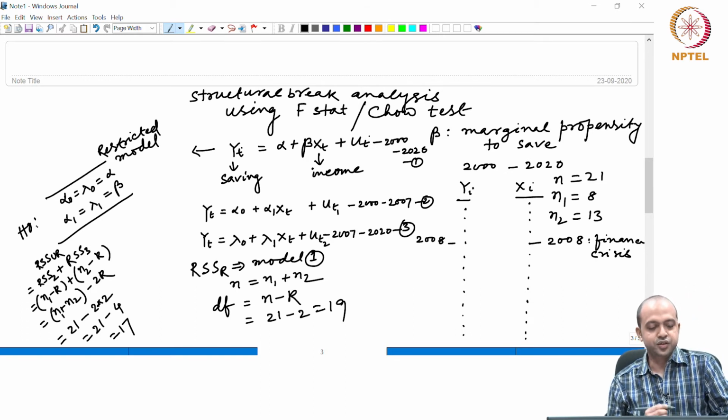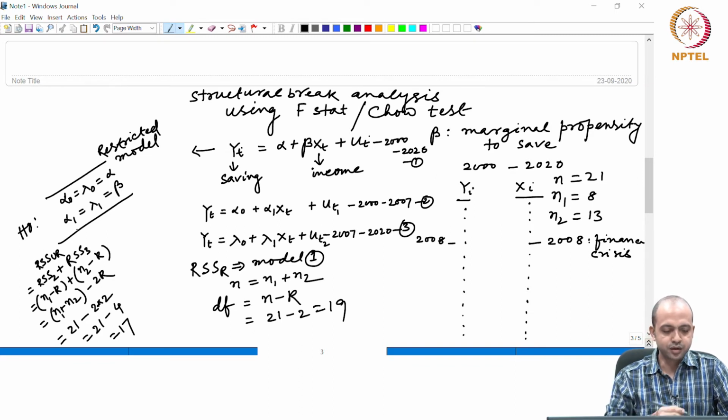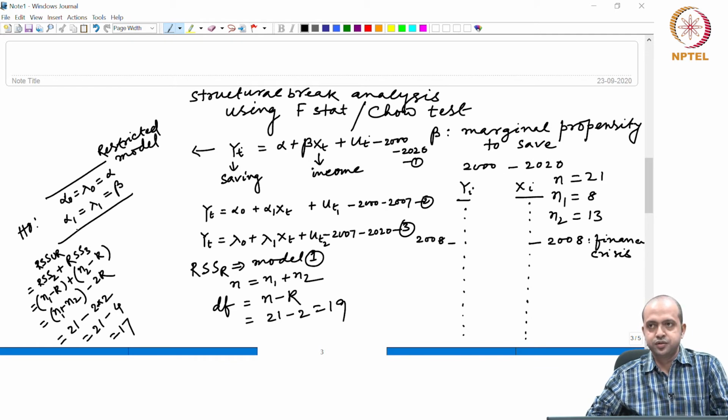You are rejecting this: alpha 0 equals lambda 0 equals alpha, that is rejected. So post financial crisis, there is significant difference in intercept and this. But you have to keep in mind one thing,